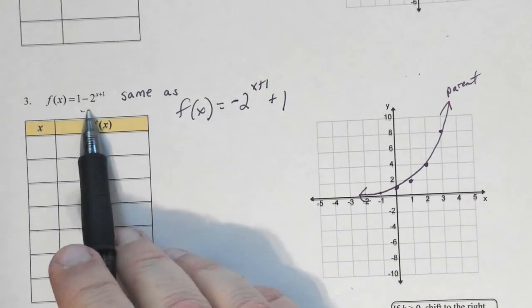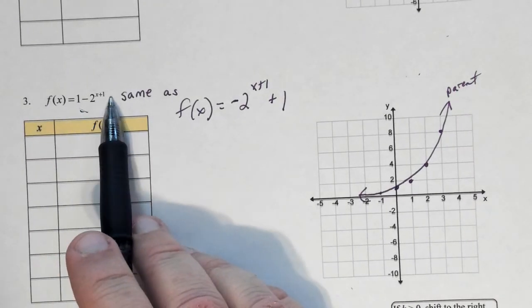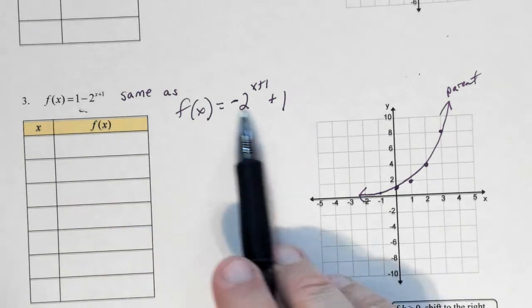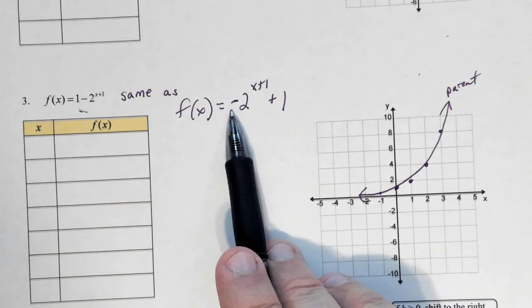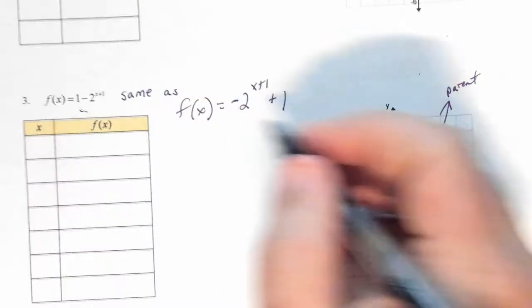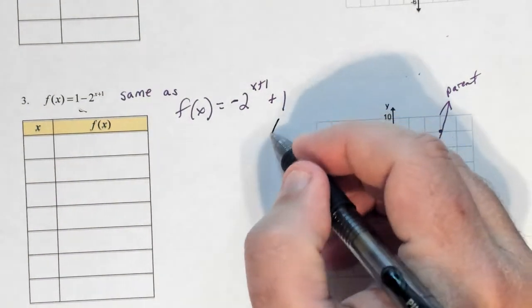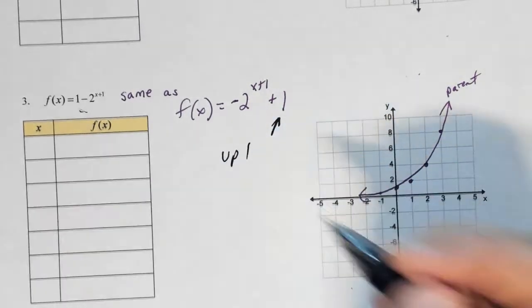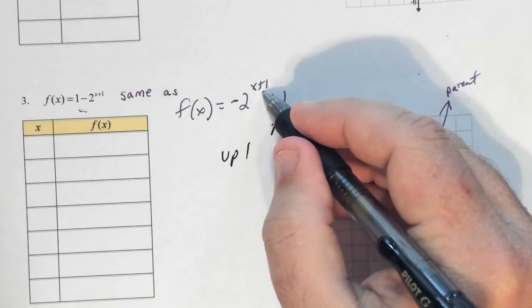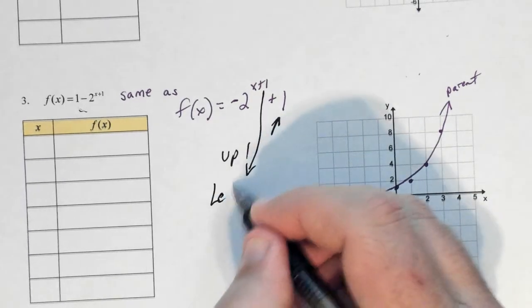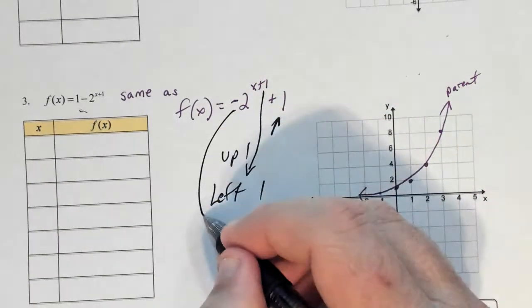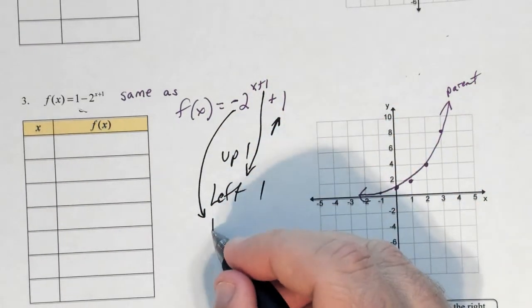Now, they write it a little bit different. 1 minus this. Okay? Which means this is what it would also look like if you put it in the same order. Okay? Which means if you looked at our transformations, hopefully you know that that's going to be up 1. This is going to be left 1. And this is going to be a reflection